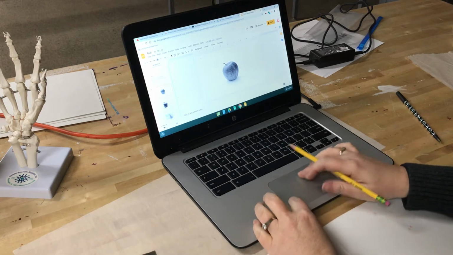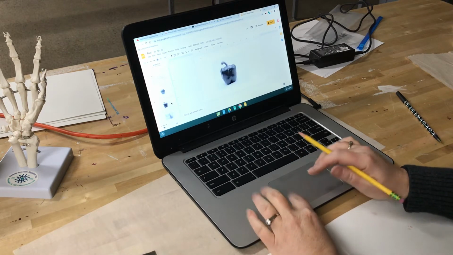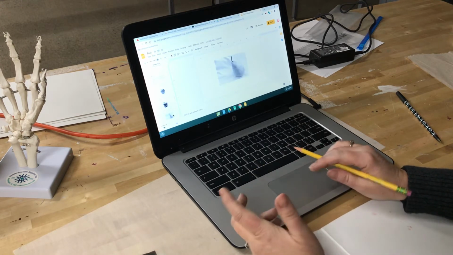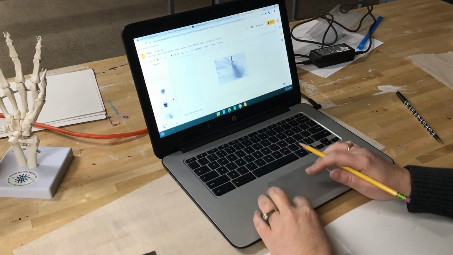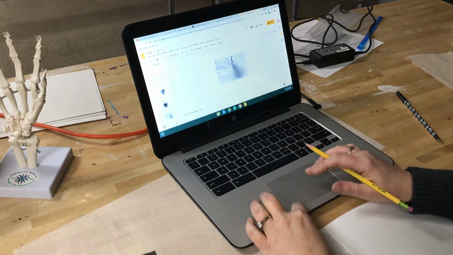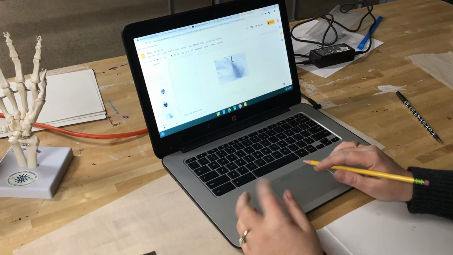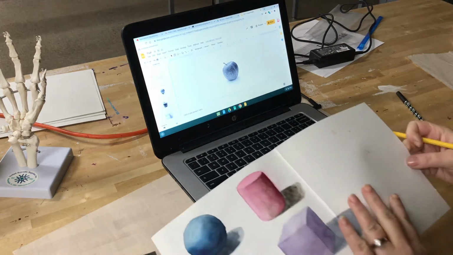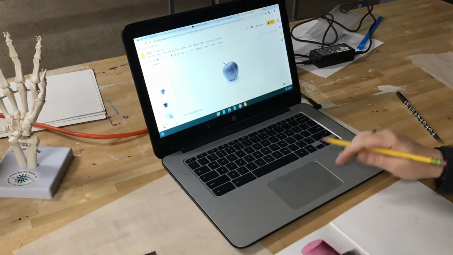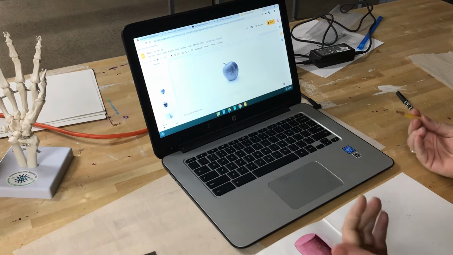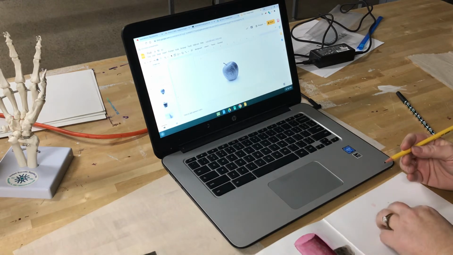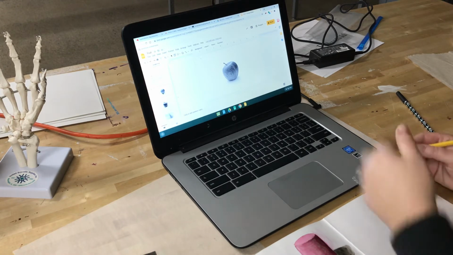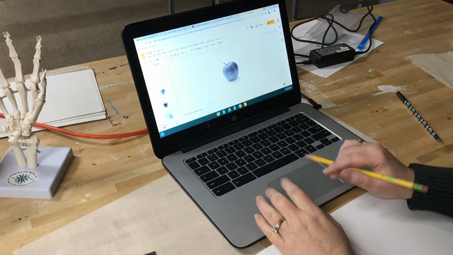We have 3 fruits to choose from, so I could choose an apple, a pepper, or a pear. The process for painting all of them is the same, so you get to decide which one you would prefer to paint. Now you'll notice that if I'm going to put this into my sketchbook right now, I either have to be able to draw very well and be able to draw the apple myself, which isn't a requirement for the class. I'm going to teach you a way that you can trace the apple and put it in your